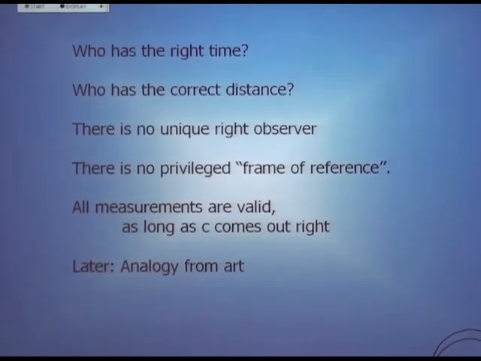So that's the basic idea of relativity. So now we can ask the question that we asked before, when we had the ball moving up and down and we had the ball taking a parabolic path. We can ask the question, who has the right clock? Like, who has the right path? Is it up and down, or is it a parabola? Who's looking at the right thing? Is it electricity, or is it magnetism? Who has the correct distance? And the answer, as you know, is they're both right. There is no unique observer and no unique frame of reference. Okay? And later on, in just about one slide, I'll give you an analogy.